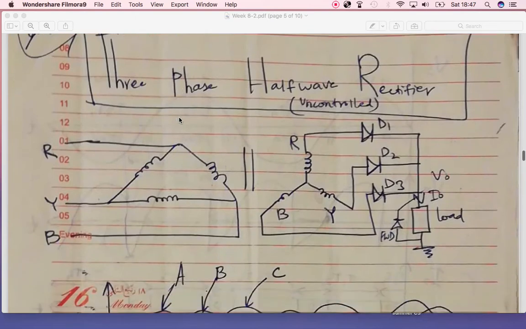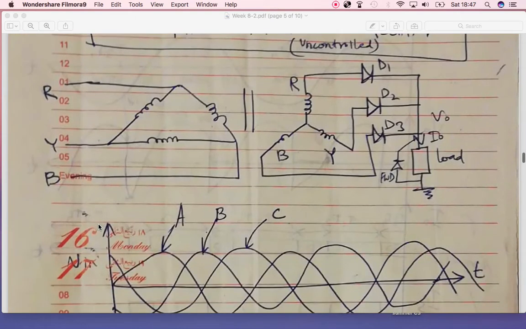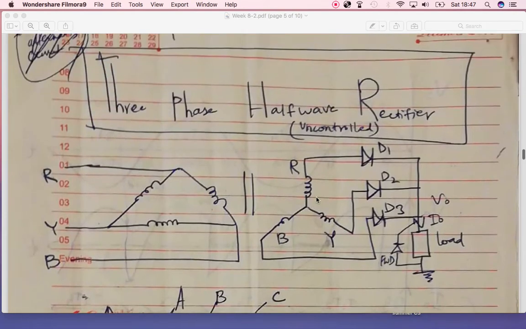So in three phases we also have the fourth terminal, which is the neutral terminal, and one phase and neutral operating for one phase, and for the other phase and for the third phase, all are 120 degrees apart from each other. And over here we have a circuit where you can see multiple transformers. One has the primary winding connected in delta, and the secondary winding connected in Y, and it is a kind of convergent transformer.